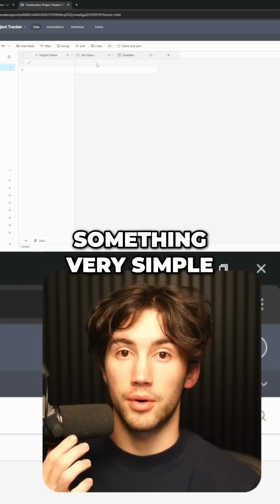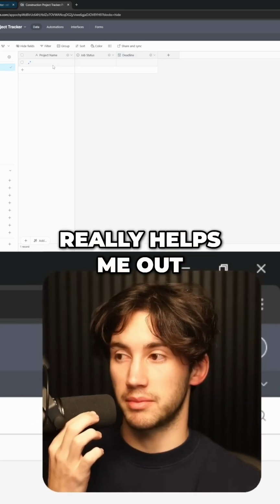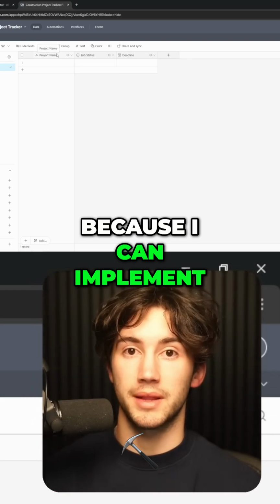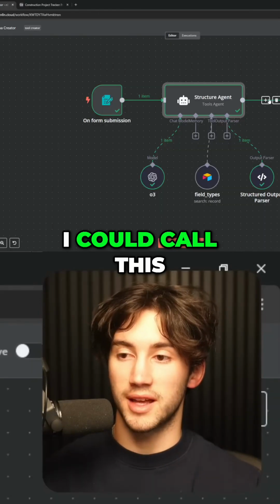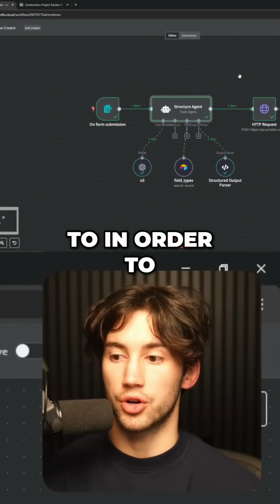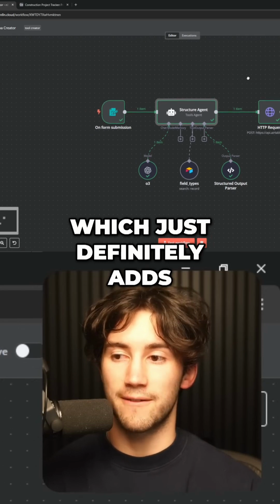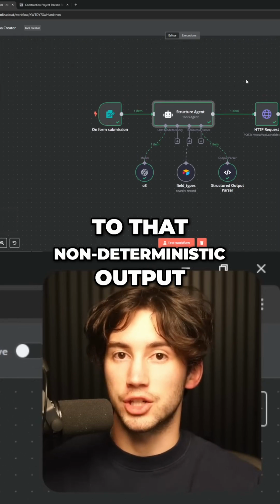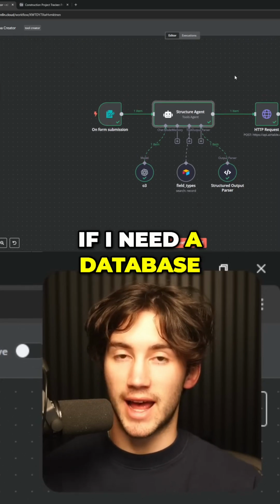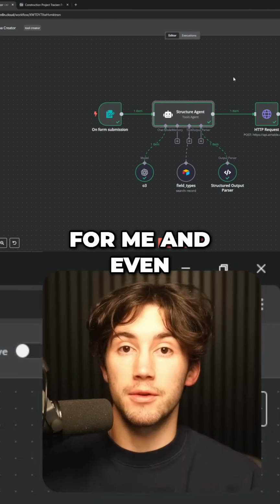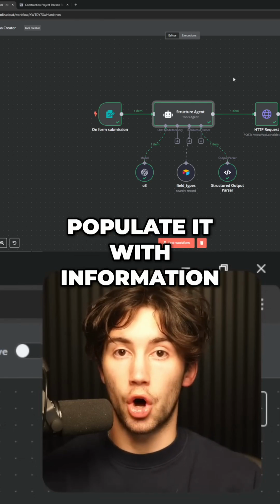Something very simple, but this AI agent really helps me out because I can implement this in my own workflows. I could call this agent whenever I need to in order to create a database for me, which just definitely adds to that non-deterministic output. If I need a database, it can create one for me and even populate it with information, all without me